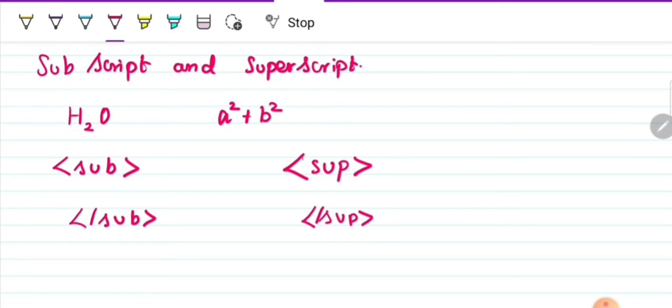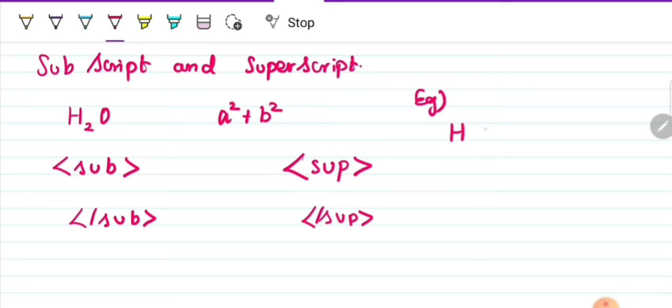While proceeding with this, I am going to give an example and we can see how it is going to display, and how we are going to write this. Normally these will be written inside the body tag only. First we can see H2O.